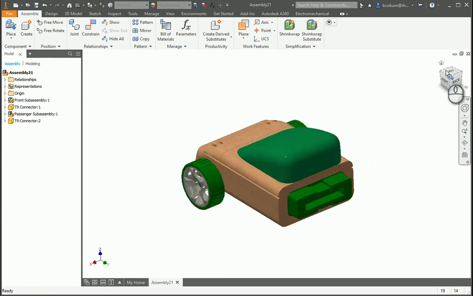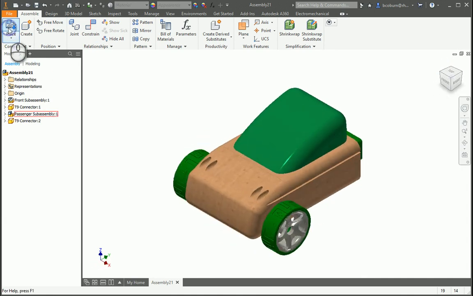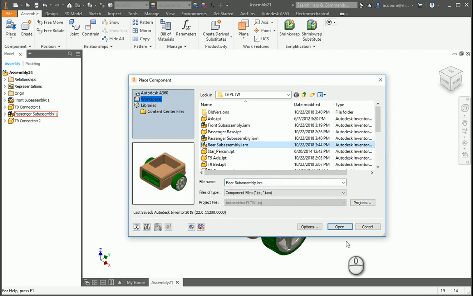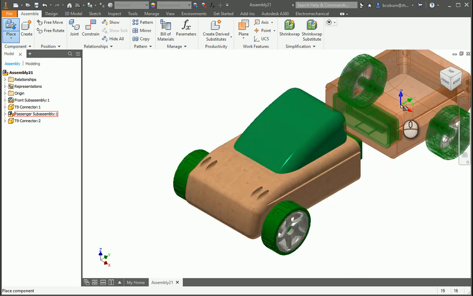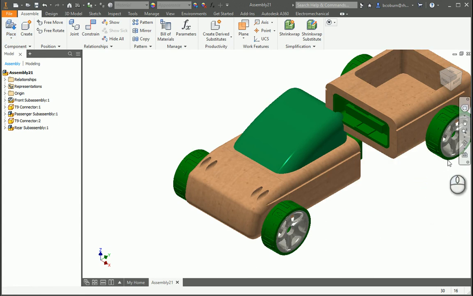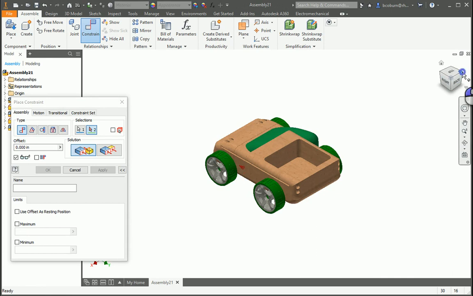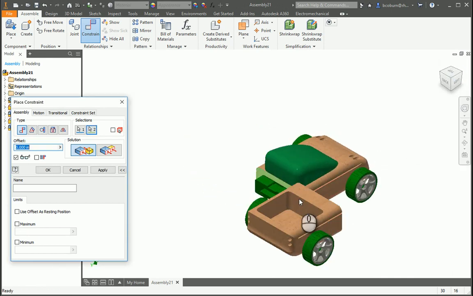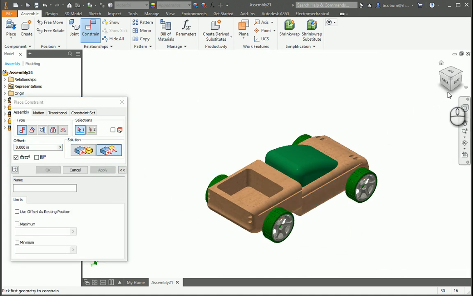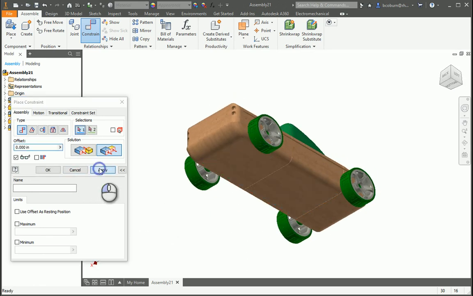So we're almost home. So now let's take care of the back section. So place, I'll place the rear subassembly, and it's going to go together fairly quickly because we know what we want to do. So we're going to constrain, and since I have this right here, I'm going to constrain that to the back here, apply, and next is flush that to this, apply, and then we flip to the bottom, flush, flush, apply,